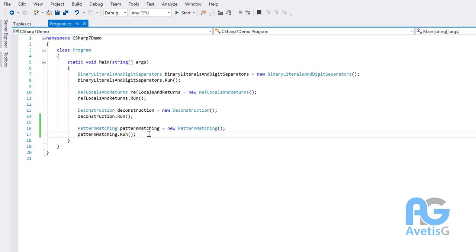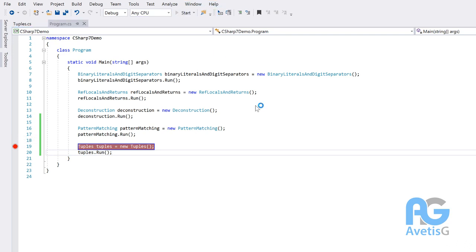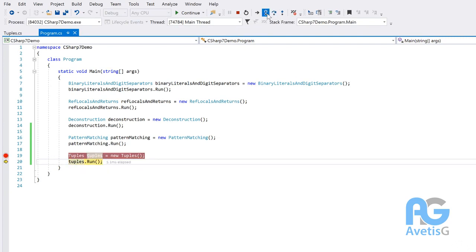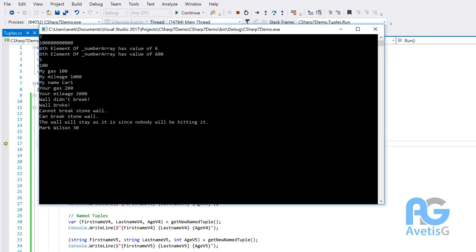So if I actually go ahead and run this, I will go ahead and get this here and say tuples equals new tuples. And I will say tuples.run, and this should do it. Now, let's actually stop here, and you will see when I go to run, you'll see that here,